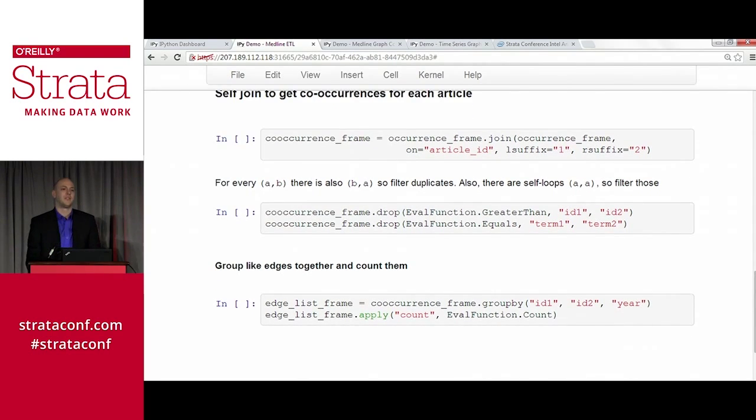At the end of this, we have to get the relationship information. So there's this self join that gets the pairs of terms that we're looking for. So when we're done with all of this, we end up with the edge list that can go into the graph. And so all of these steps are some kind of cluster level functionality going on.